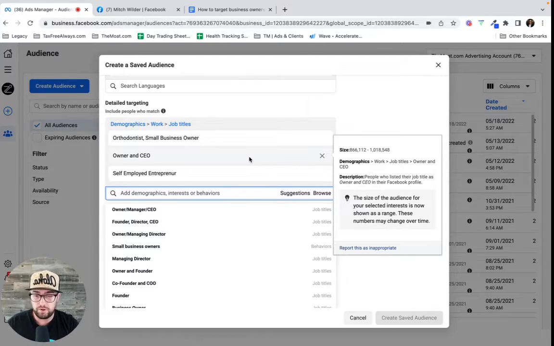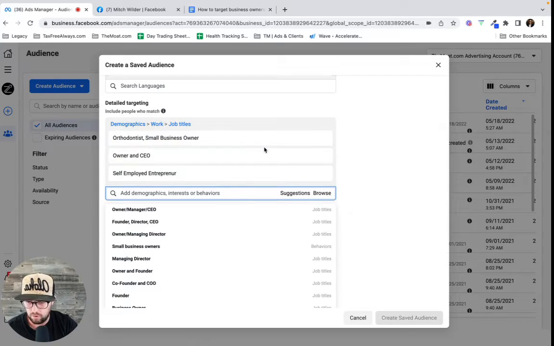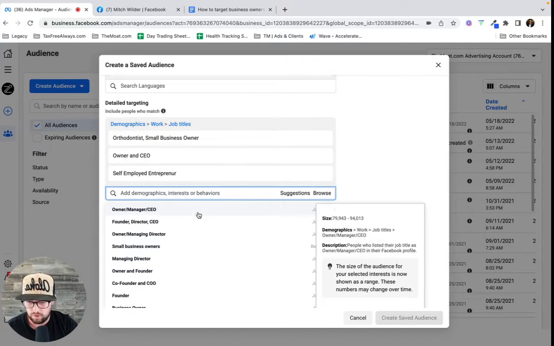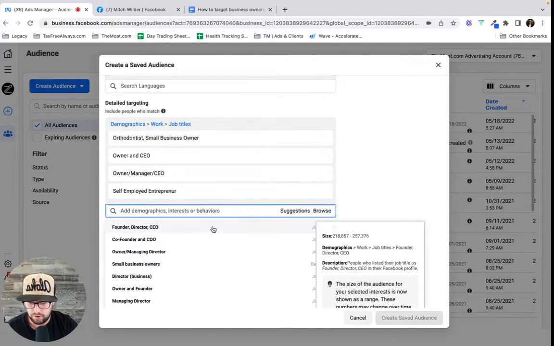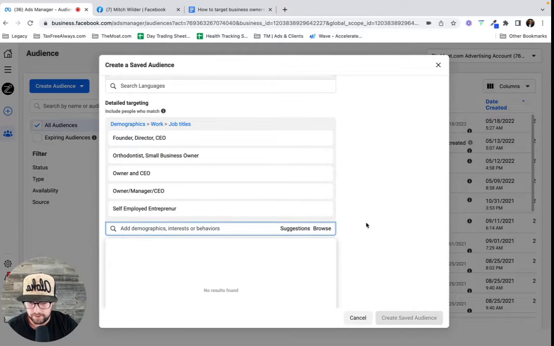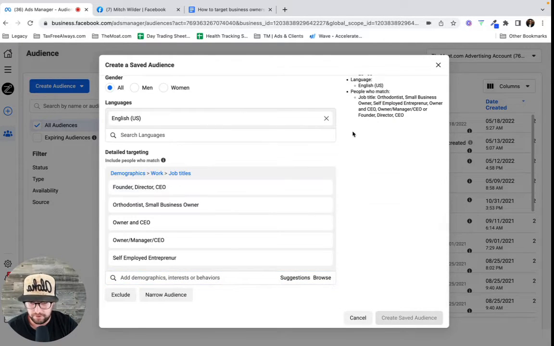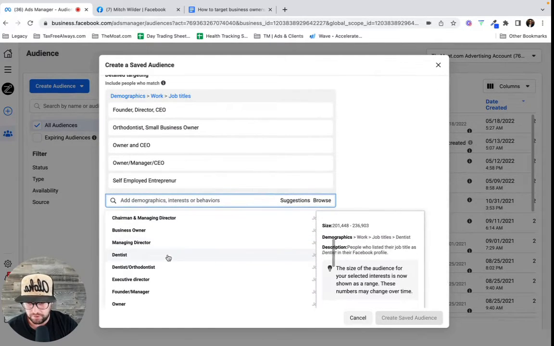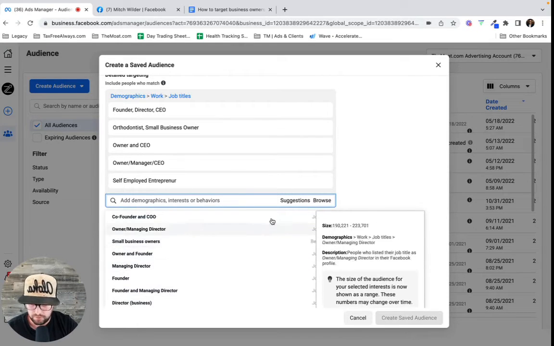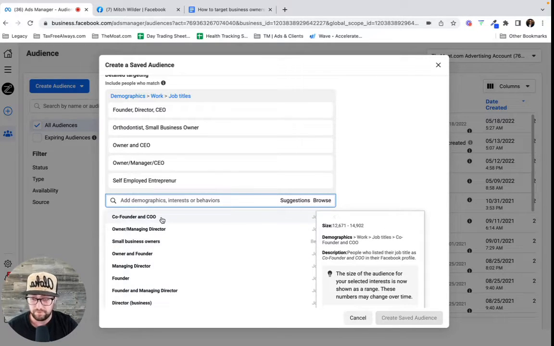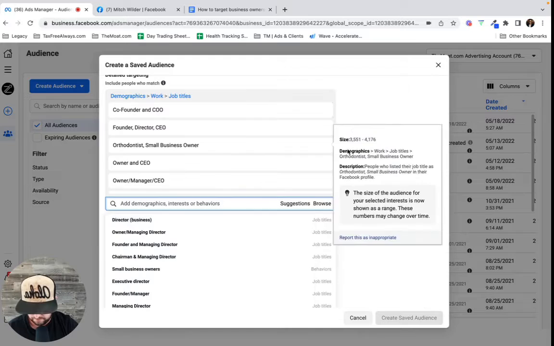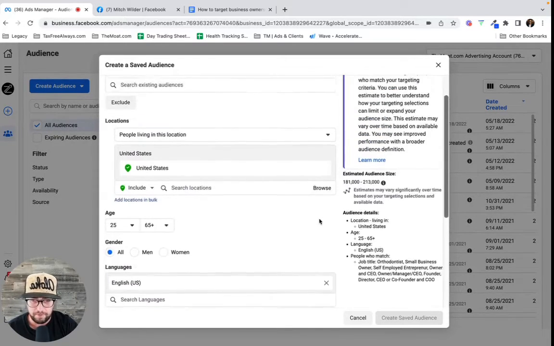Okay. So at this point, once you get one or two that meet your job title or are close, you can start looking for the suggestions, and then you can just start building up this list with the suggestions here. So this is a great way to target business owners as well. Like I said, this is one of my favorites because these people have listed what they're doing for a living right on their Facebook profile. Okay, co-founders are fine in my opinion.